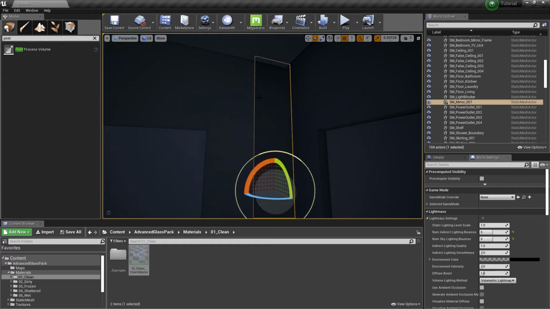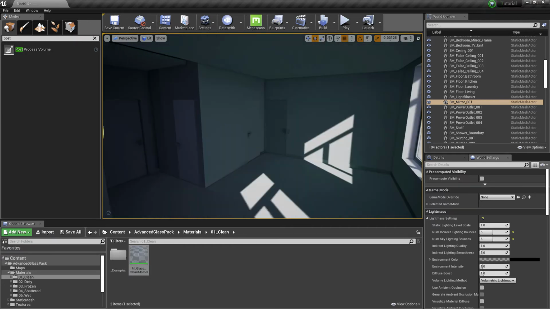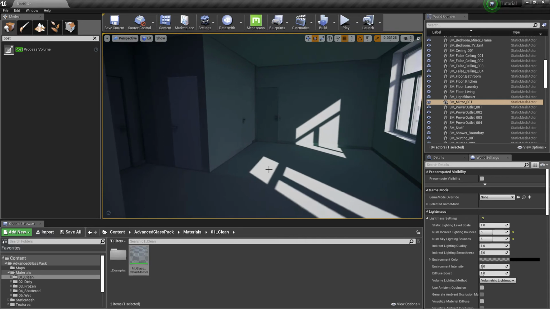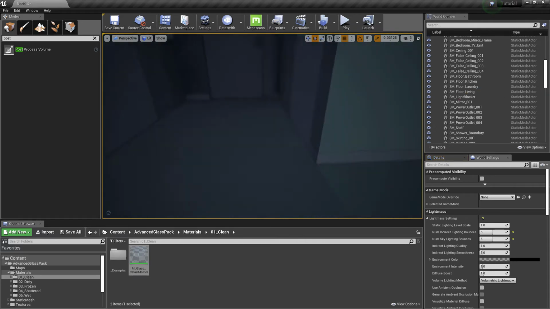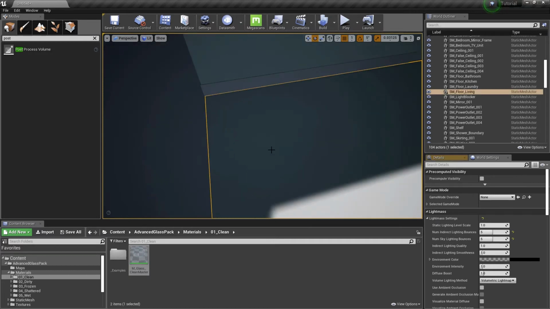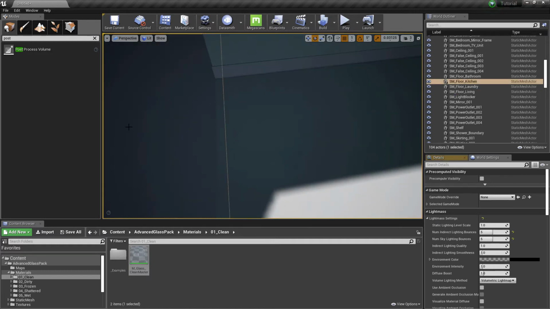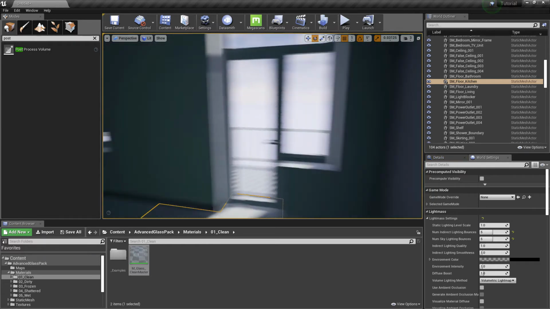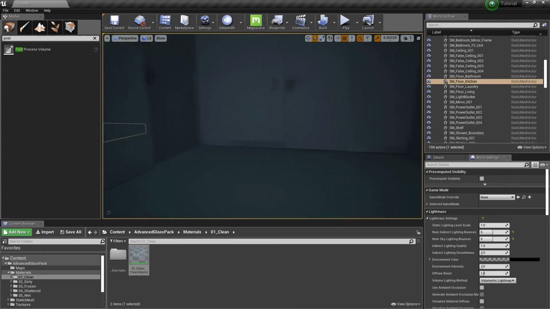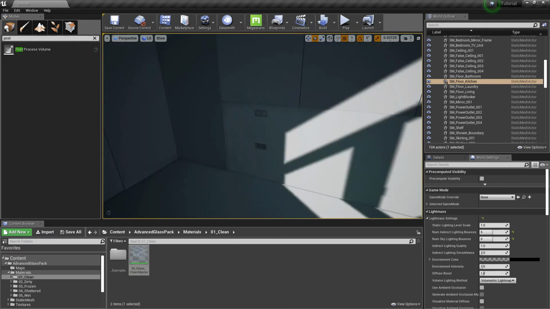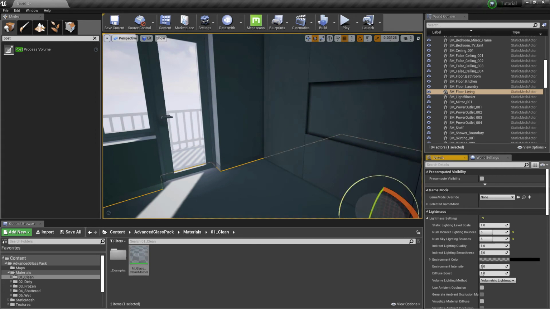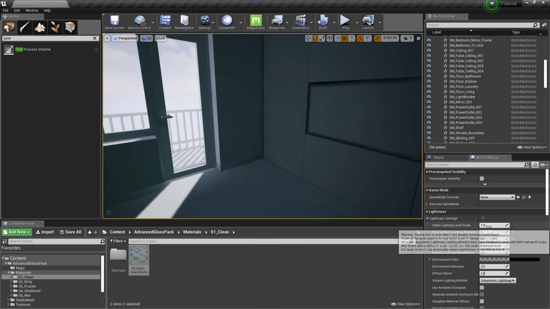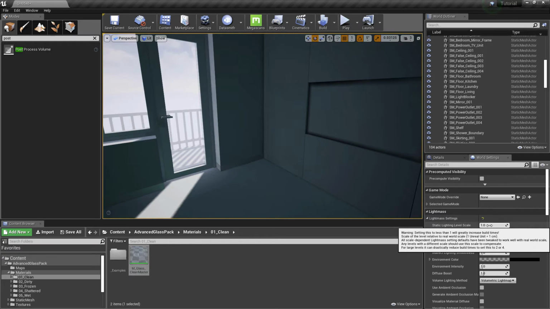Don't worry about this seam as the right part is a mirror and not a wall. Again, don't worry about this seam as the right side has wooden flooring and the left concrete. Let's go ahead and see how the world settings affect the quality.